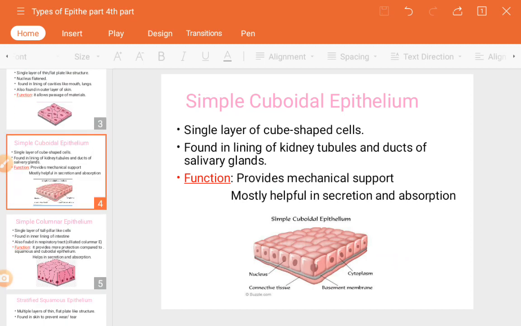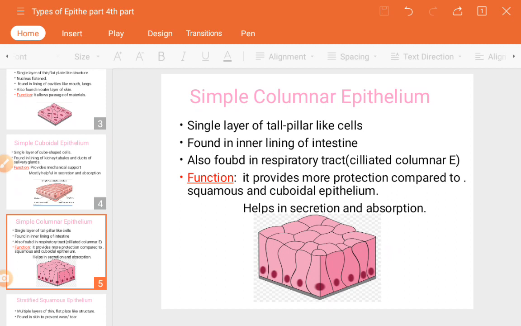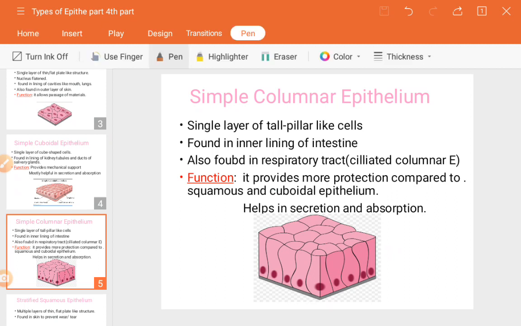So next is the simple columnar epithelium tissue. Columnar is a word we normally use for columns or rows. We know what is meant by column and row. The vertical one is a column and the horizontal one we normally call a row. Now here in the image of a columnar epithelium, you can see these are column-like structures. These are columnar, or we can say tube-like structures. It looks like a tall pillar, okay.